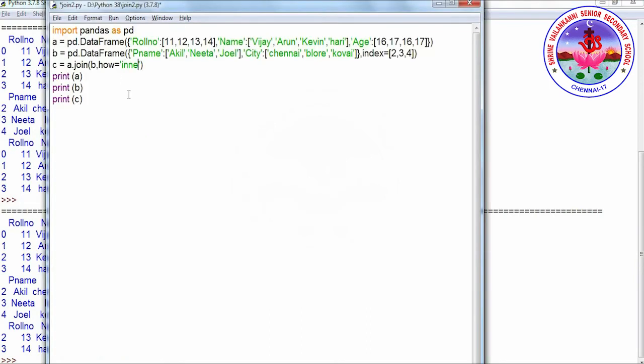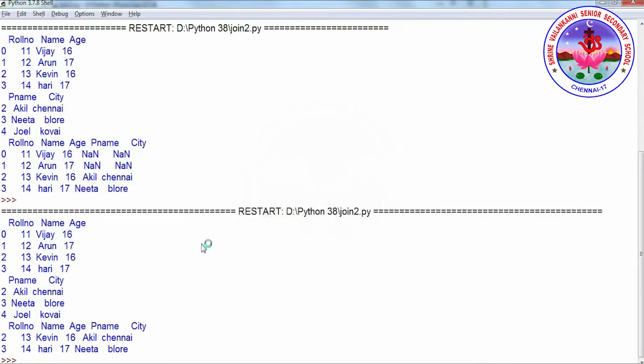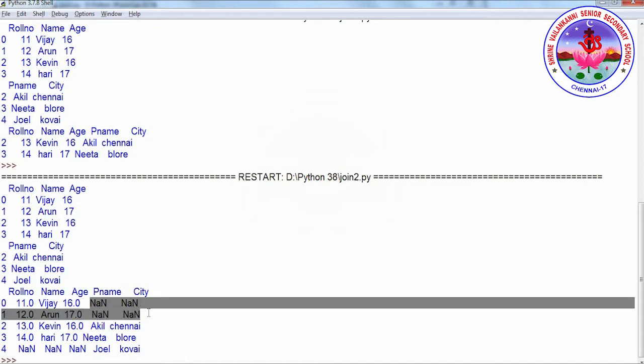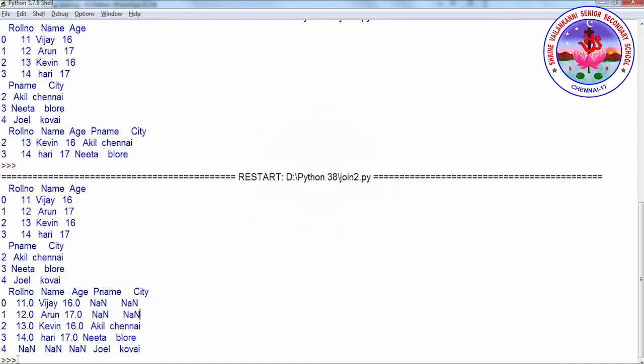Next we have outer join. As you know, outer join combines all the values from both. We can see it here, 0, 1, 2, 3 from the first one, and 2, 3, 4 from the second one. We don't have 0 and 1 for this B data frame, so that is NaN, and we don't have 4 from A, so that is NaN. The remaining records are filled based on the index.